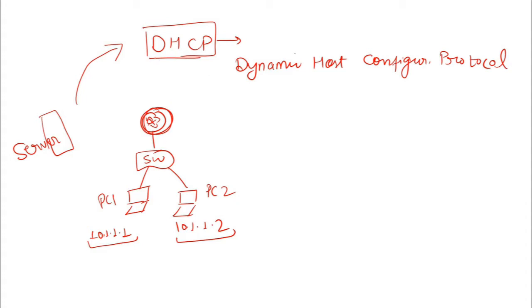So that is the job of our DHCP, because going to every computer and assigning the IP address is not a good way, or in fact not logical. The owner of the computer will be owning that computer, and it's not a good way of being an administrator to go to the computer and assign the IP address using a static IP address. So rather than that we use DHCP, and IP addresses are automatically assigned to the computers. So now let's try to understand more on how it goes on.